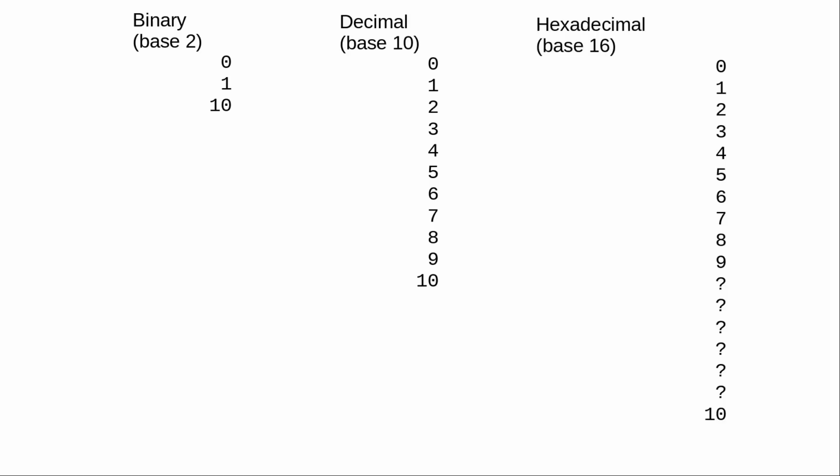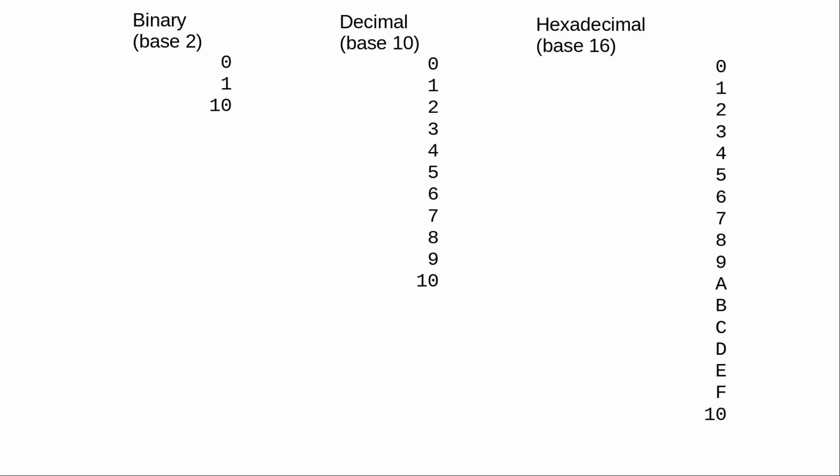In binary, we have two numerals, and once they're used up, we go to the next column, the next power of 2. In decimal, we have 10 numerals, and once they're used up, we go to the next column, the next power of 10. For base 16, we'll need 16 numerals. Rather than invent symbols for those extra numerals, we use the letters A through F, which represent 10 through 15